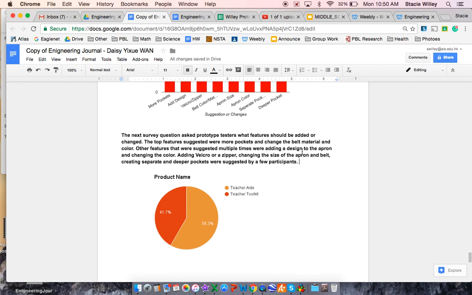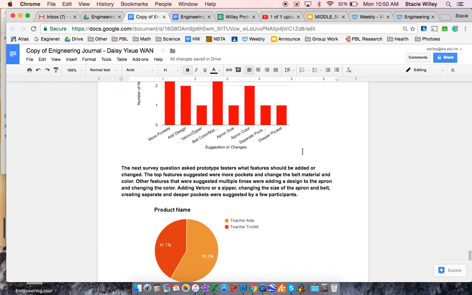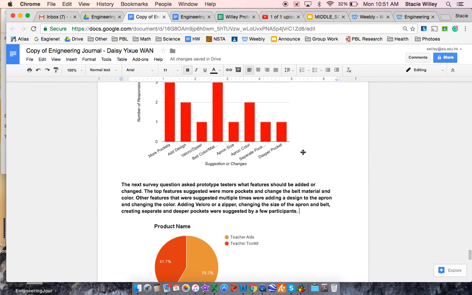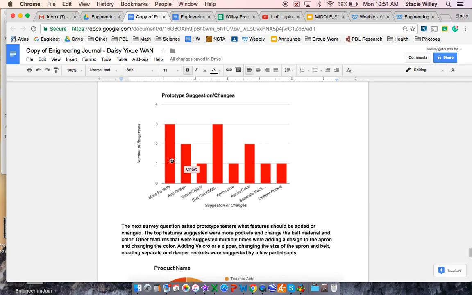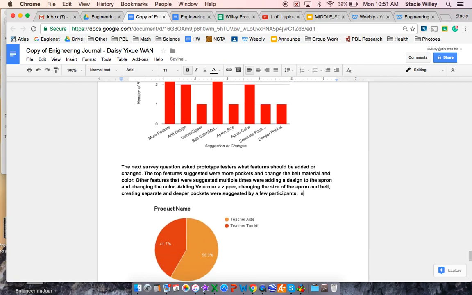Now I've gone through, told you the question, summarized my data. Now I'm going to tell you what this means for adding features. So based on this, really, if it's feasible, I'd like to do the things people are asking for the most. Based on these results, I will add a fourth pocket, remember, because I had 3,